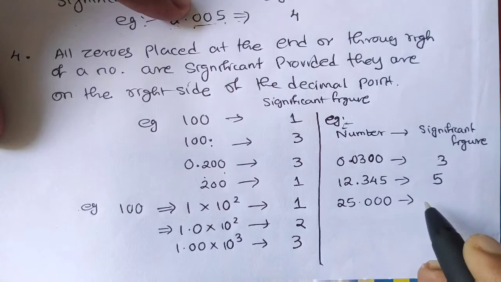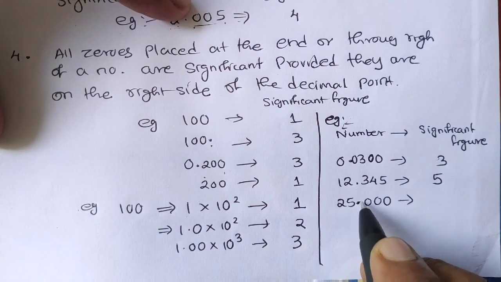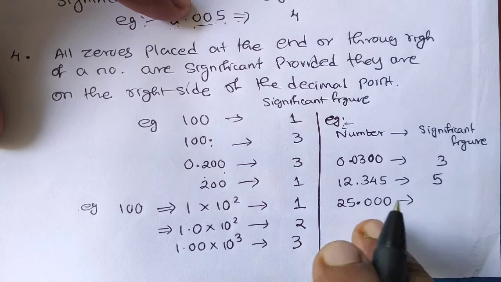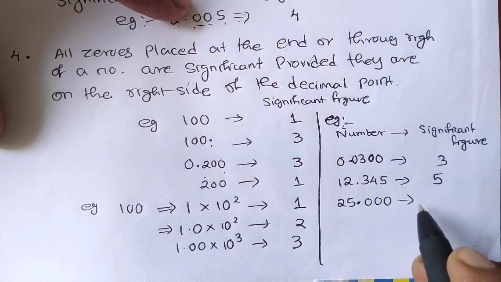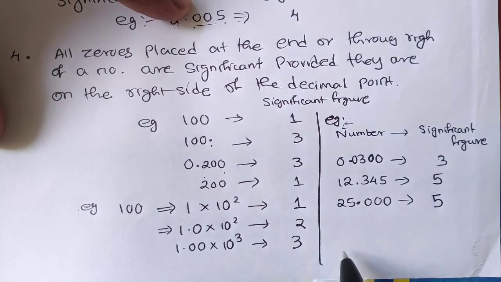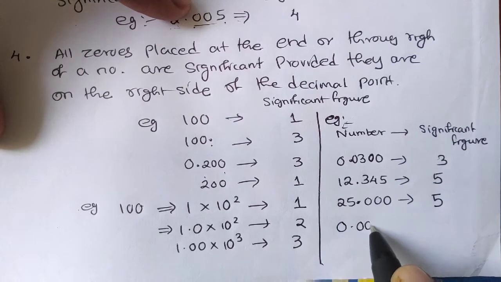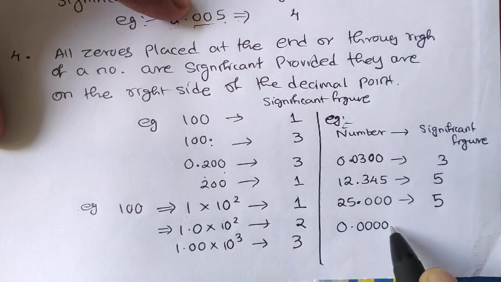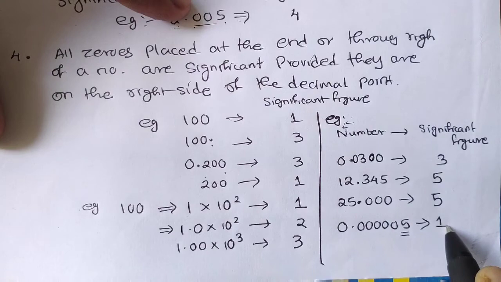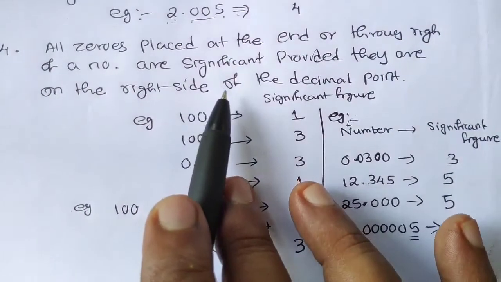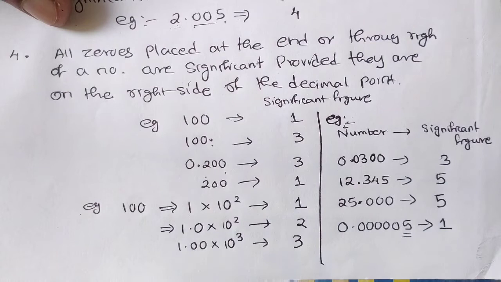Now suppose if I write another one, that is 25.000, so how many significant figures are in this case? After the decimal, these also you have to count, but if there is no decimal, then it will be only 2 non-zero numbers, but as the decimal is included, the significant figures will be 5 in this case. Understood? Same way if I write 0.0000, however many zeros you want to add, and then 5, how many significant figures are there? Only the non-zero, that is 1. Understood? So this is the rule you have to remember, and these are all the examples to explain this rule. Understood? Now the next part.